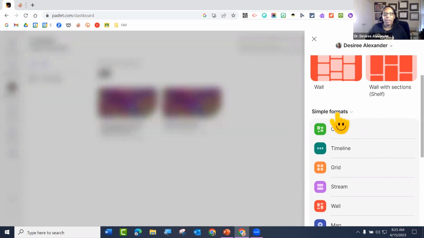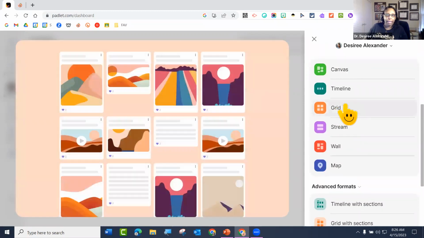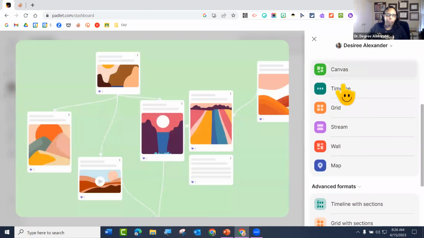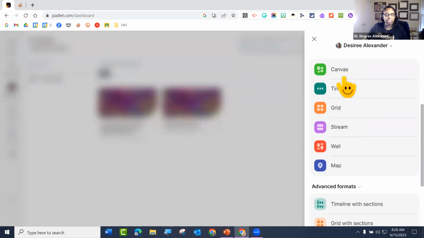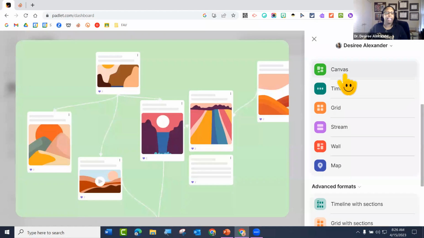All right. So you may only see formats, or you may not see anything right here, because I'm part of the beta, I'm seeing something that's not released yet, and I'll explain to you what it is. So when we go to simple formats, notice when you hover over, it shows you what each format looks like. So I'm just going to talk over these for a second, and then we're going to go in and build one.